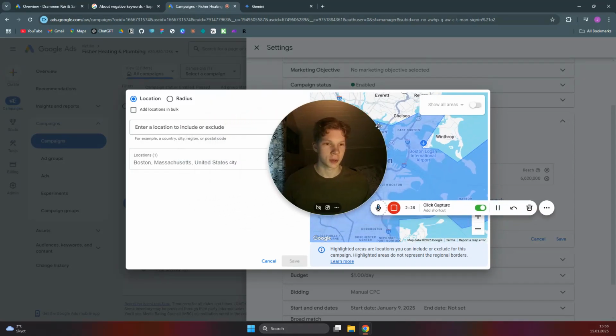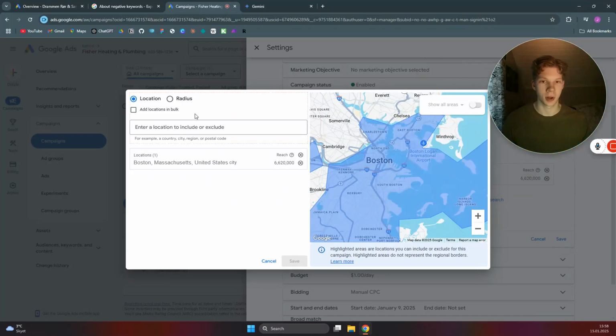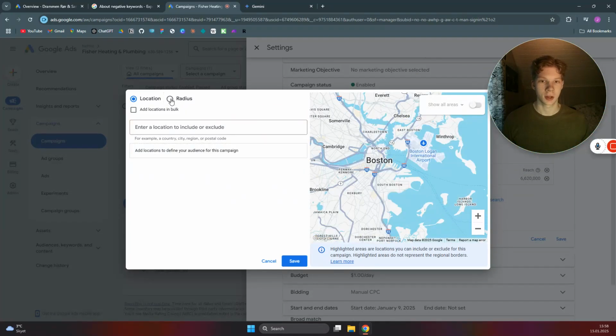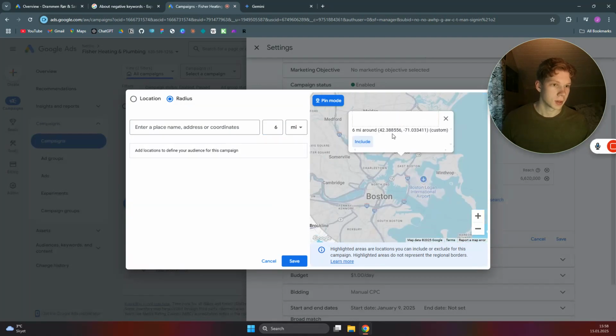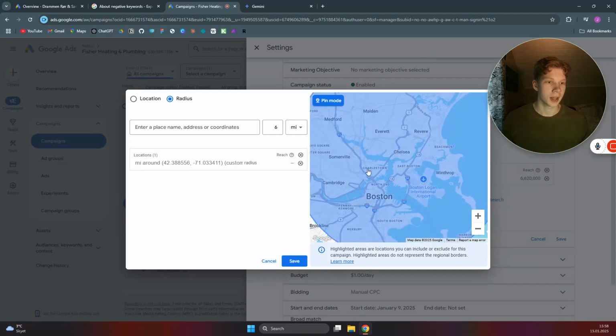A better strategy you can use, which is still not the best, but it's a better one, is that you can cross out that one, click on radius, and say that you want to only serve people in a 6-mile radius within, let me use the pin mode here, within Chelsea. You can say that and then click on include, and that is a way better option than just including